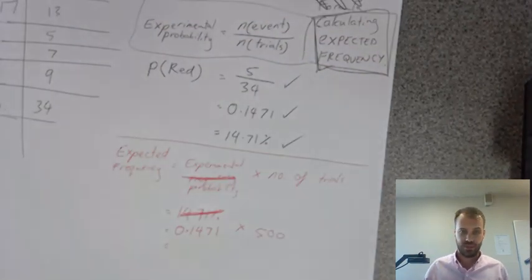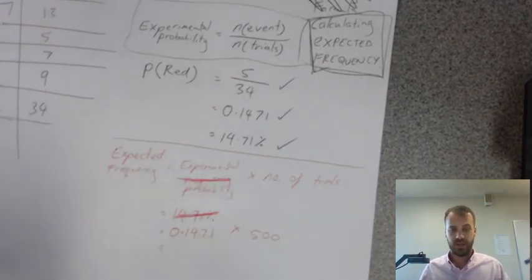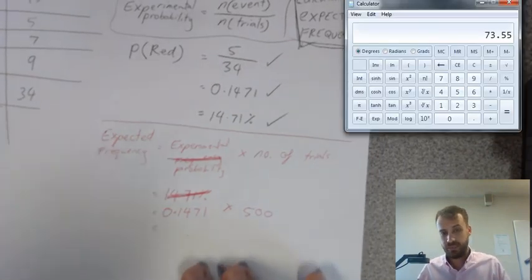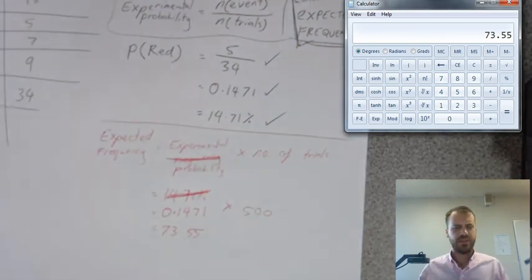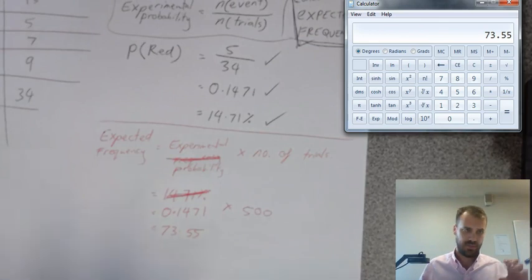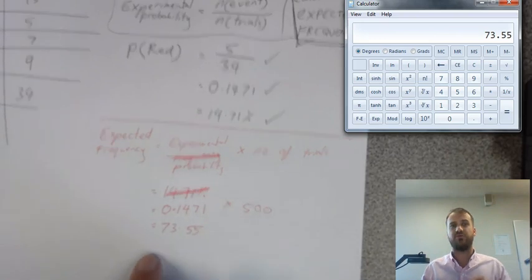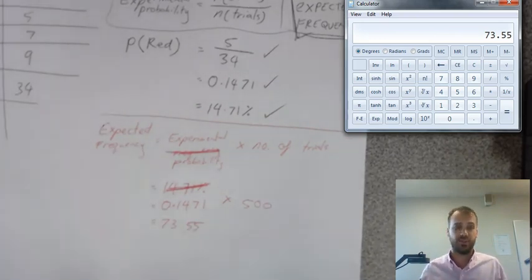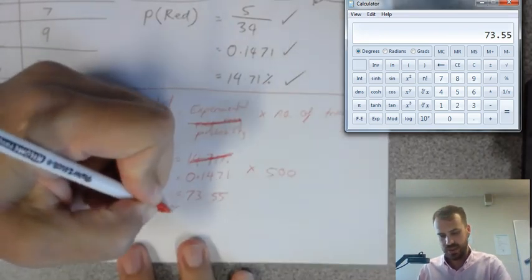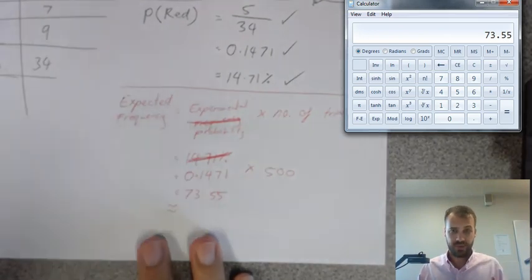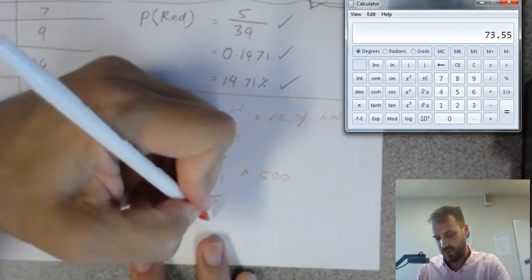Okay, so the answer to my question, if I reached into this thing and pulled out a disk 500 times, what would I get? Let's take a look at the calculator. My calculator gives me an answer of 73.55. That means that if I reach into this bucket 500 times, I would expect to pull out a red disk 73.55 times. Now that doesn't make any sense because you can't pull out a disk 0.55 times. So I'll use my little wavy equal sign and say approximately, about, if I reached in there 500 times, I'd get about 74 red